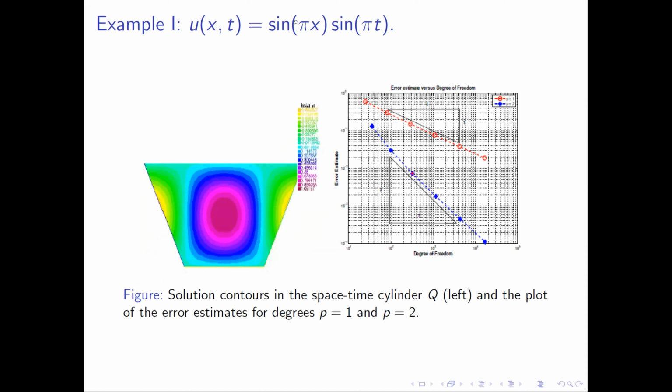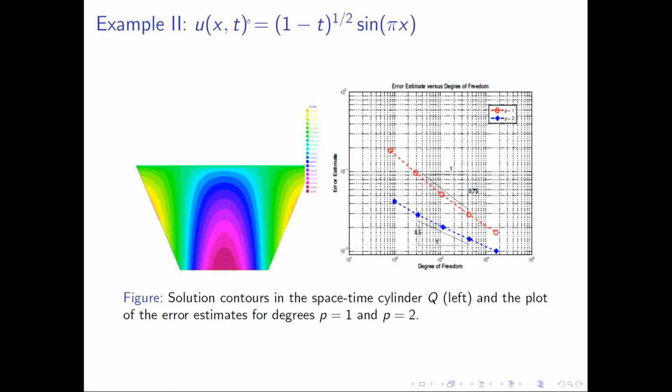This is a very simple example. If you take such a simple example, then you expect to get optimal rates for such a domain for P1 and for P2. And then if you take this one, which looks interesting because you have 1 minus t and half sine of pi x, you see that this is really not